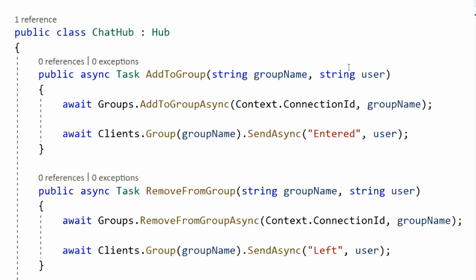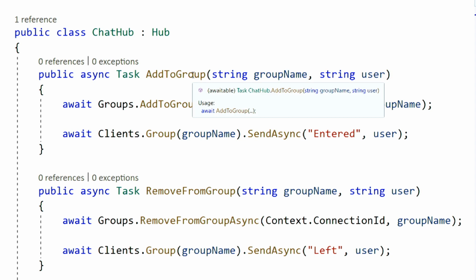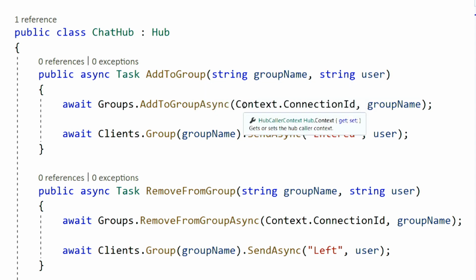Now this user that I'm passing in is just a username that I specified. So James or Heather or Maddie, for instance. It's kind of my unique identifier for me in the UI. But when I add this, this will be called from the mobile app. It'll pass in the group. And what we'll see is that I'm using